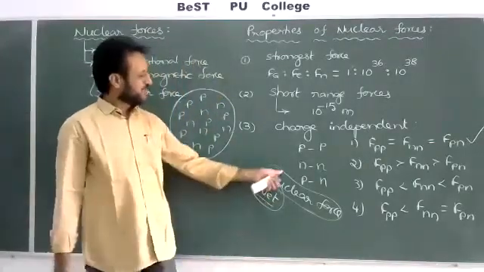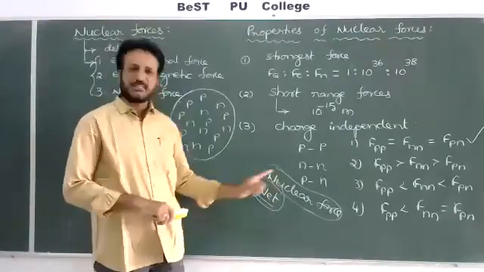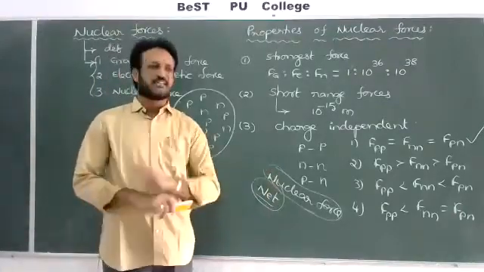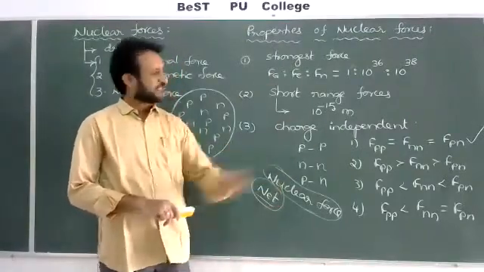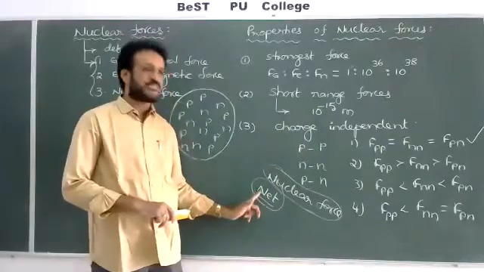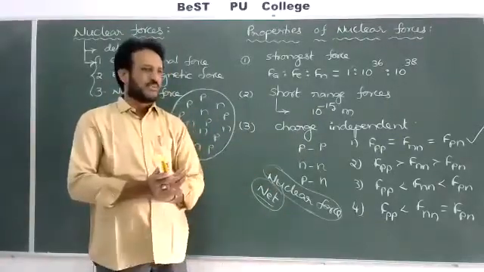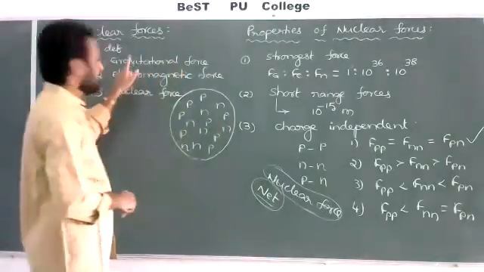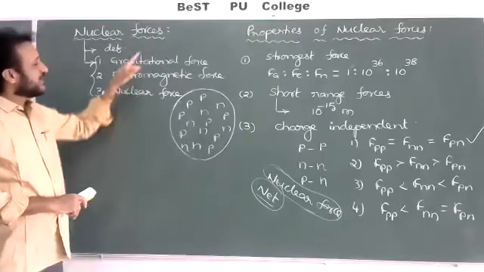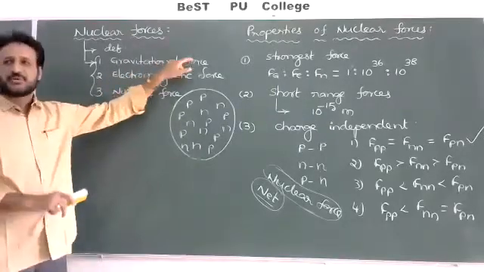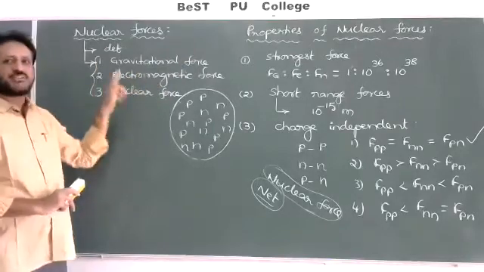So what is the difference between the nuclear force and the net or resultant force? Nuclear force means only a single force we have to consider. Nuclear force is an attractive force, so there will be no question, and the first option is correct. But net force means you have to consider all the forces acting among the nucleons. What are all the forces acting? Gravitational, electromagnetic, and also nuclear. But I already said we can neglect the gravitational force. Correct? We only have to consider electromagnetic and nuclear.